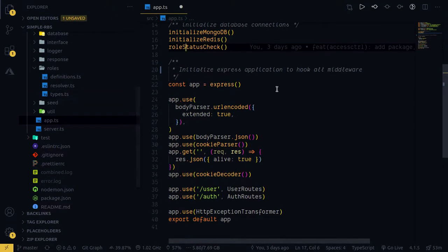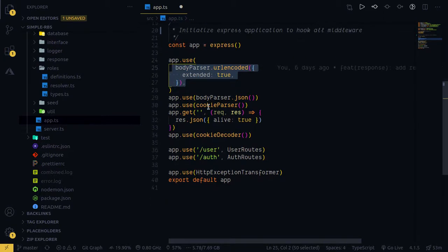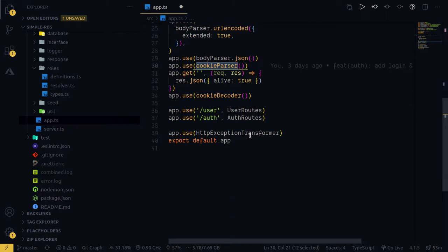Now moving on, we create an Express application. We include the body parser because we'd be needing to parse the body that's coming in and convert it into JSON. And here we are including the cookie parser that we've written, and that is basically it. A route that's called every time, and it just shows that the service is alive.